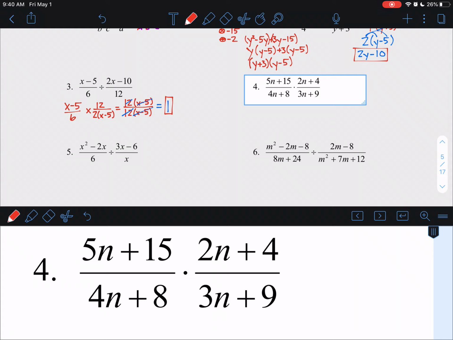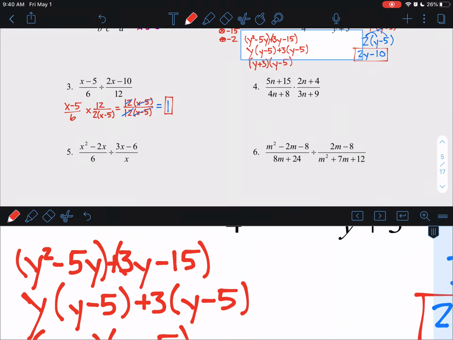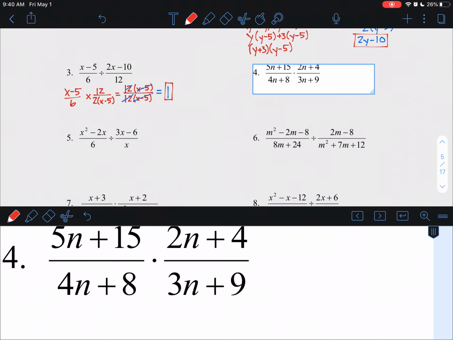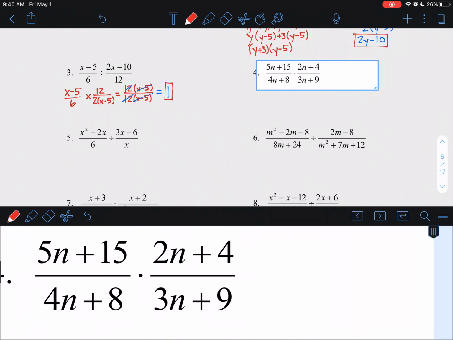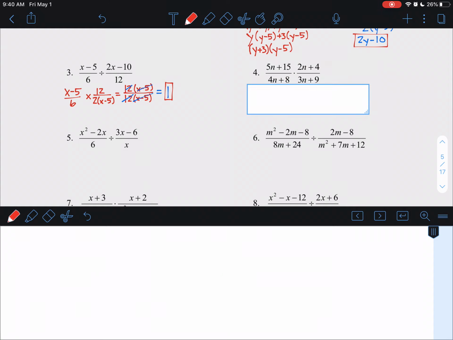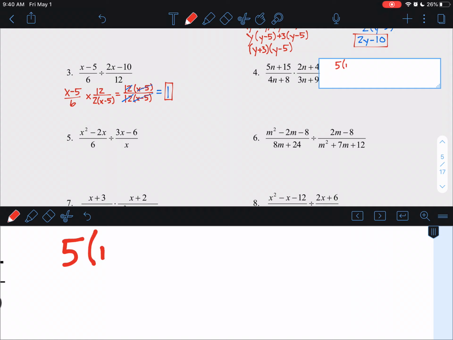So on this one, I don't see any polynomials, any quadratics, where I would have to factor it like I did with number 2. It is multiplication, so I don't need to keep change flip, but I do see some binomials, and I see some GCFs in those binomials. So let's turn this problem into something else. I'll come over here. So I got 5n plus 15. Well, 5n plus 15 is going to turn into 5 parentheses n plus 3. And then I have 4n plus 8. So I pull out the GCF, which is 4, and I'm left with,